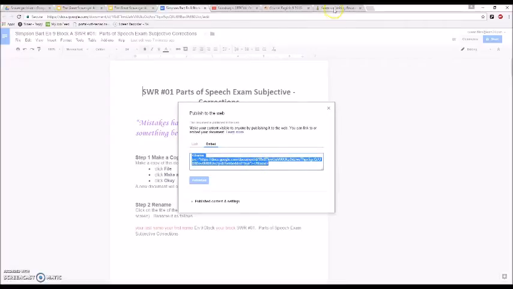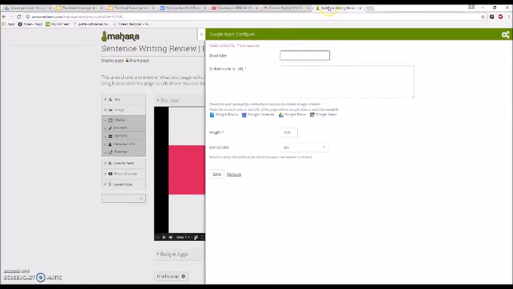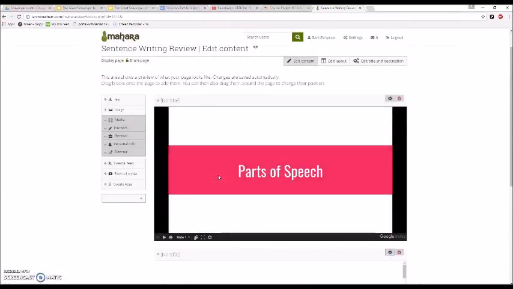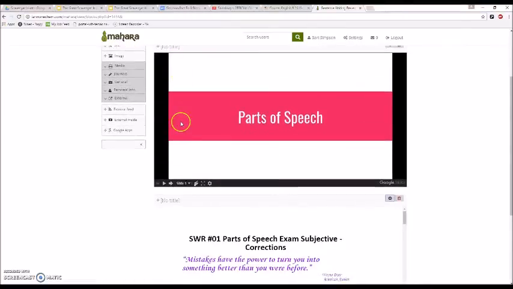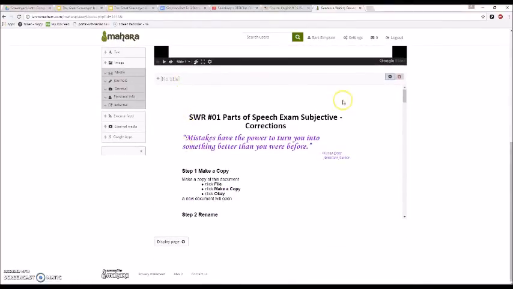So then I'm going to go back to my sentence writing review page in my Mahara portfolio, and I'm just going to use my keyboard keys again and go Control-V, as in Victor, for pasting. I'm not going to mess with the defaults, I'm just going to leave that as it is, and then I'm going to hit Save. And so now if I look at my page, it takes me back to my main page,